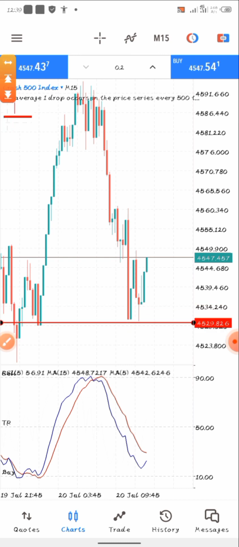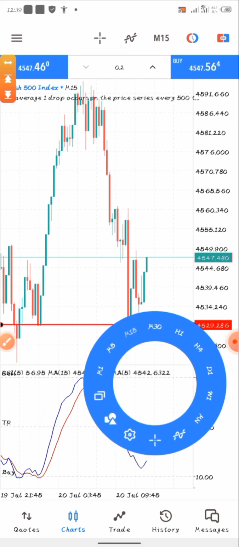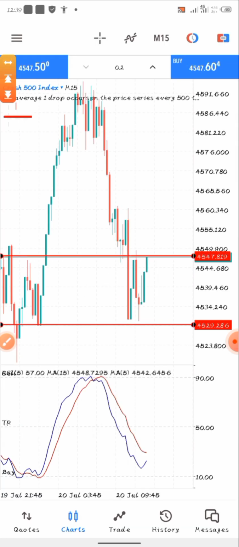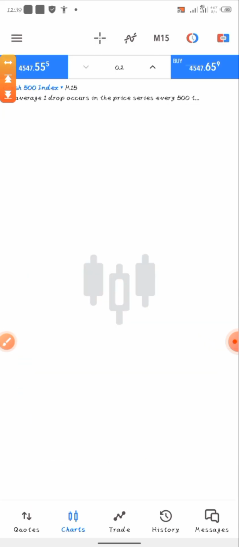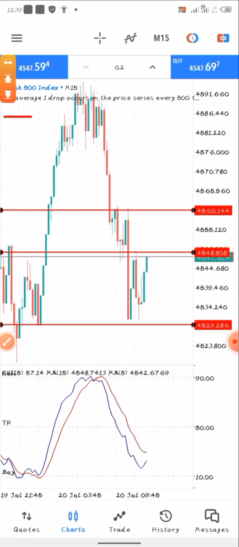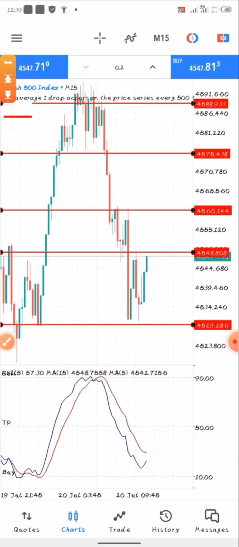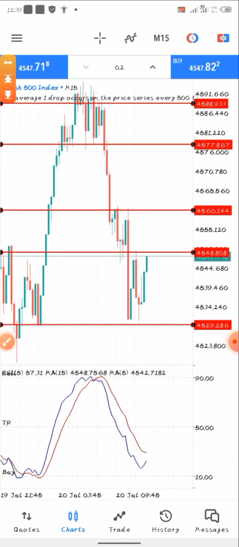The first area we can see is right here, and another one right here, and another one here, and another one at the top right there, and another one at the top right here, and then another one right here, guys. That's the area that the market